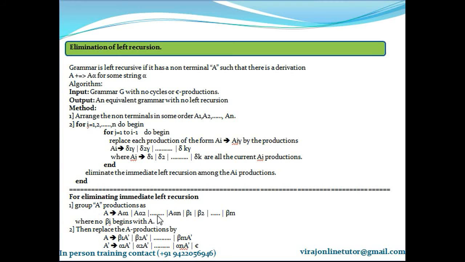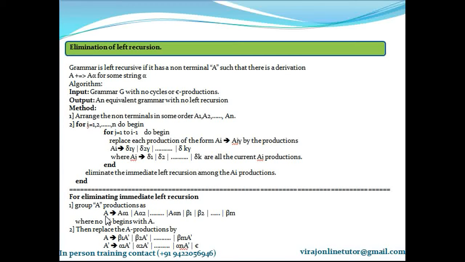Clear? So is this grammar having a left recursion? Yes, it is having a left recursion because the leftmost symbol in these productions is the same as the symbol on the left hand side. This grammar is having left recursion because the leftmost symbol in these productions starts with a symbol which is exactly the same as the symbol on the left hand side of the production. So if the right hand side of the production starts with a symbol which is exactly the same as the symbol on the left hand side of the production, we say that the grammar is having a left recursion.